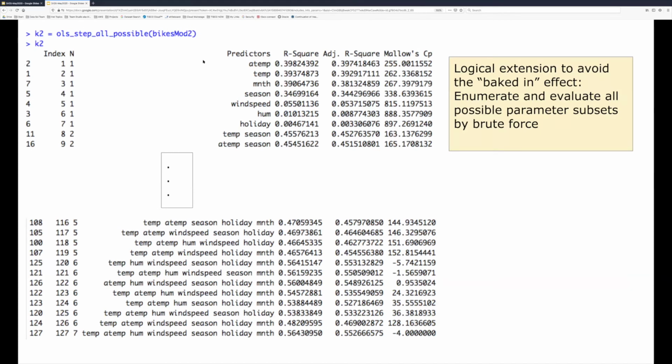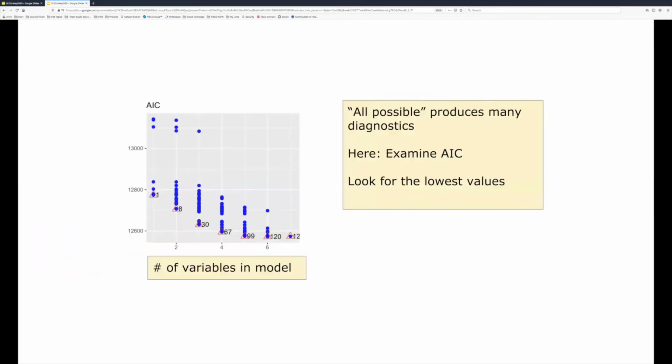So all possible methods, and you get this big complex list. And what you get are these. The all possible tells you the x-axis here is the number of variables in the model, and the y-axis is, in this case, AIC. There are actually a number of different diagnostics here. AIC I kind of like. So you're looking for whichever of these is the minimum,